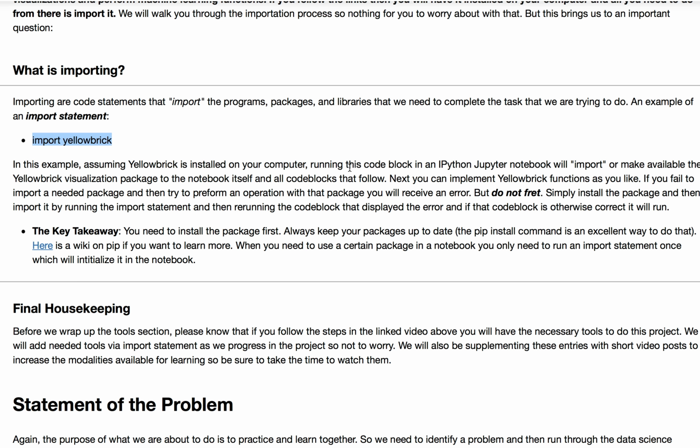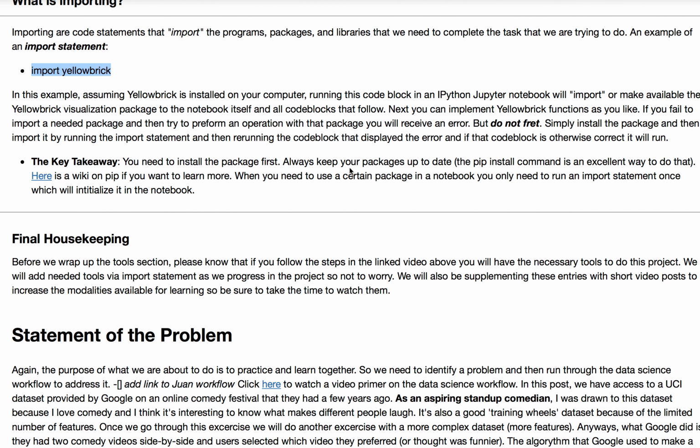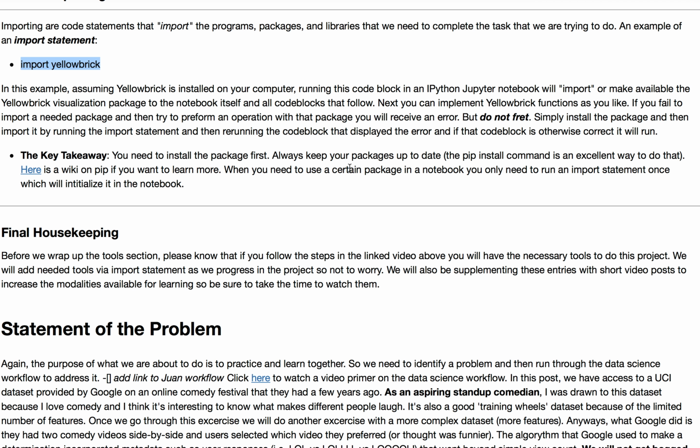It's just wasteful. So this makes the relevant packages you need available. It also helps with memory and running speed. So the key takeaway is to install the packages first